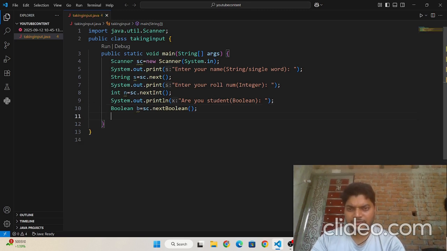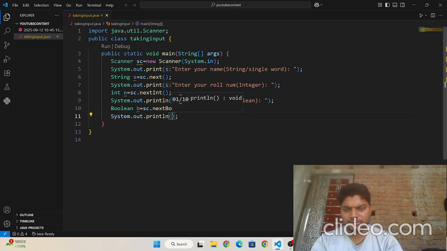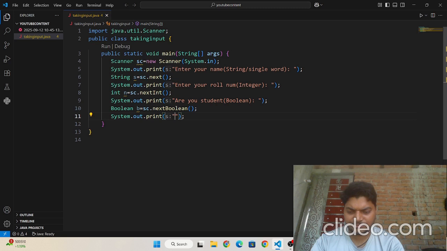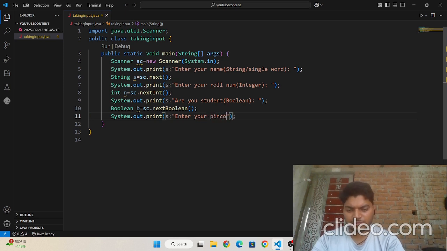Done. Now I am taking double. So I am writing sout here. Ln should be removed so that the output statement will look clear. And here: enter your pin code.